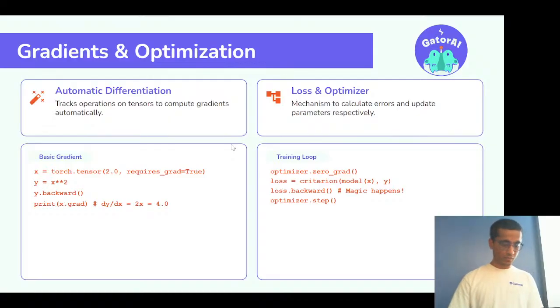Going a little deeper into gradients and optimization: tensors and the PyTorch library support automatic differentiation, where once you have something set up, you can do a backwards step and see the gradient for that. Then, with machine learning concepts like gradient optimization and gradient descent, these can be very useful. And you can also set up your loss function,